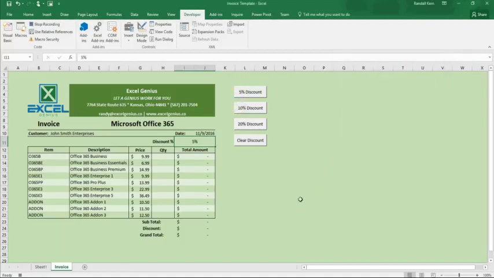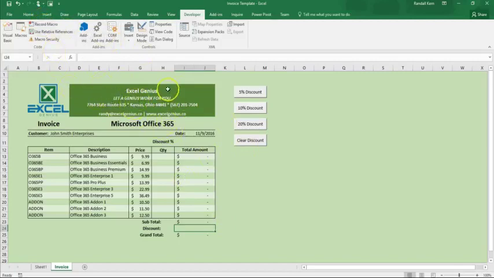Now we want to select this cell because we want to make sure that Excel knows where we're at, and then we're going to delete that 5% out of there. I'm just hitting the delete key on my keyboard. And then we're going to go down to this discount line, and we're going to click on that and press delete as well. Once we have that in there, we're just going to go ahead and hit stop,